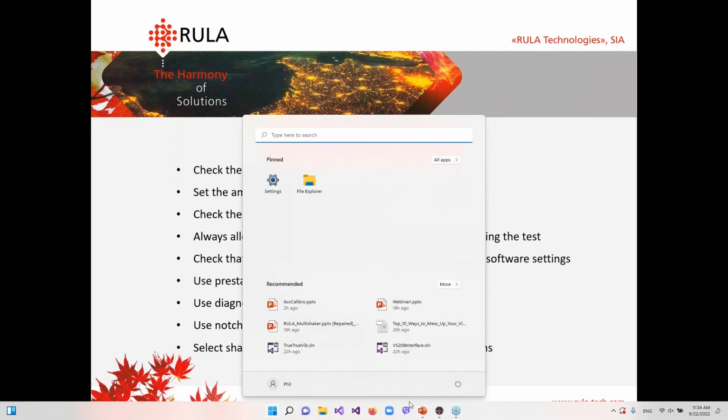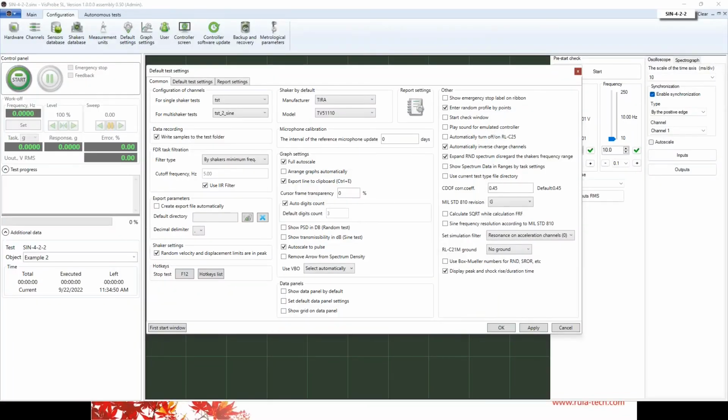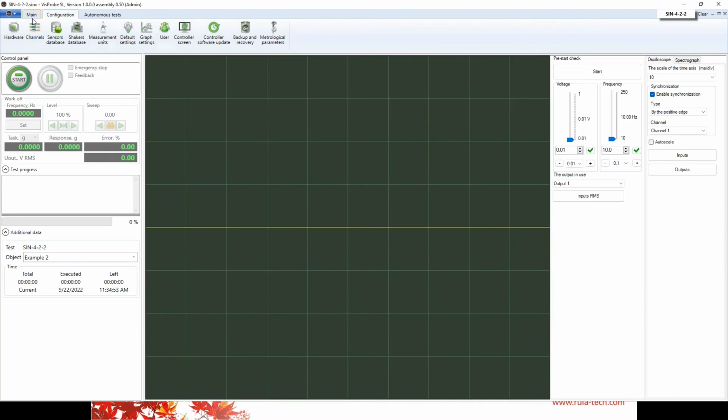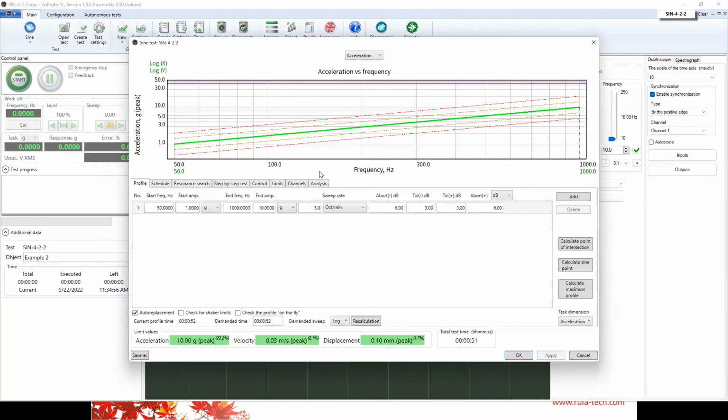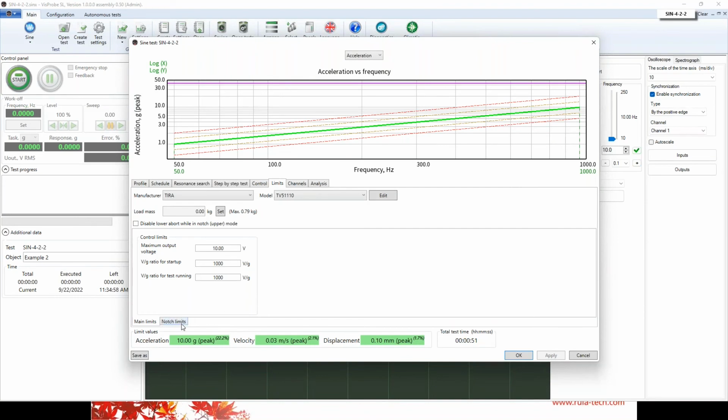In that case, go to Limits tab here and see Notch Limits. Here you see all the channels of your system, and you can set here inside the lower limit and the upper limit. If one of the control channels or other kind of monitoring channels will go higher or lower than your limit, the system will decrease the signal and try to run at a lower